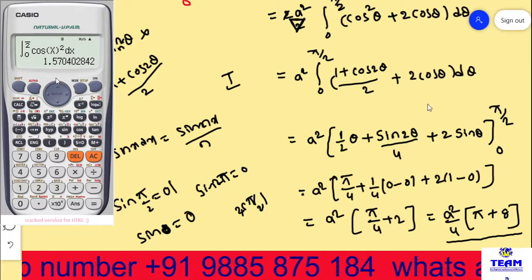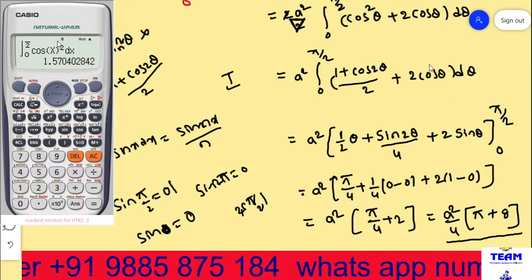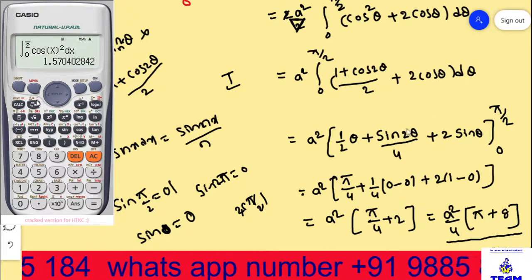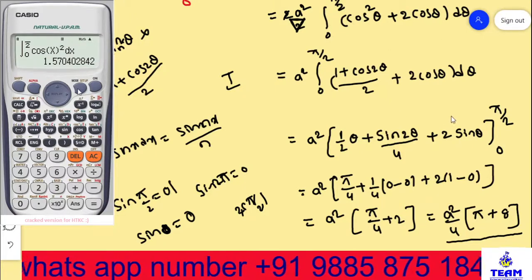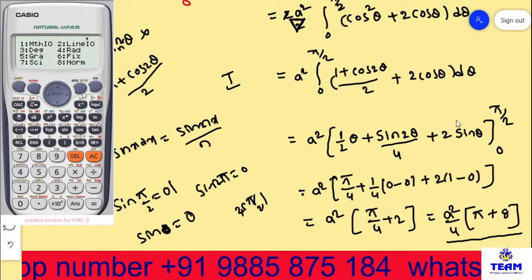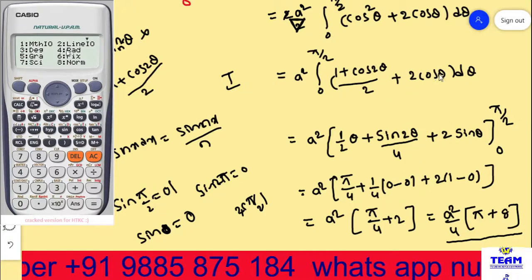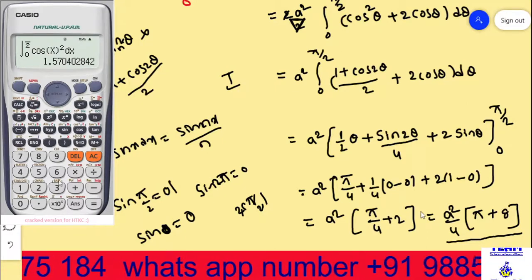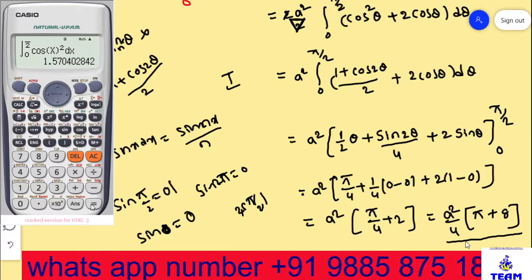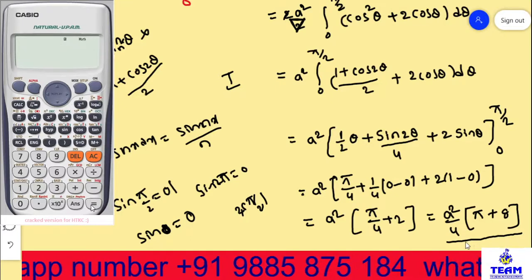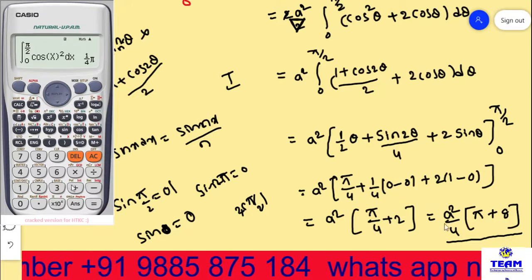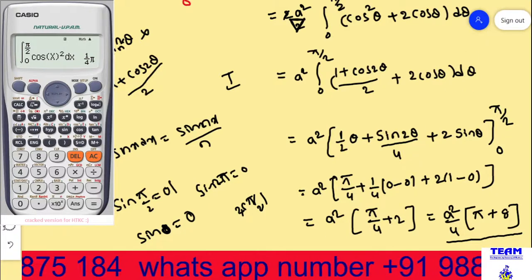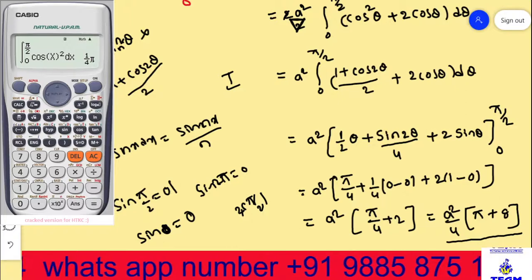So have we made a mistake? No. Why not? See, it is in degrees. It is in degrees. So change into radians. How can you change it, do you know? Shift mode. Here you have linear, degree, radians. We require radians, so press 4. Now again press the equal button. You see what you are getting? Yes, you have pi by 4. Now I am substituting that pi by 4. Pi by 4 you have now.